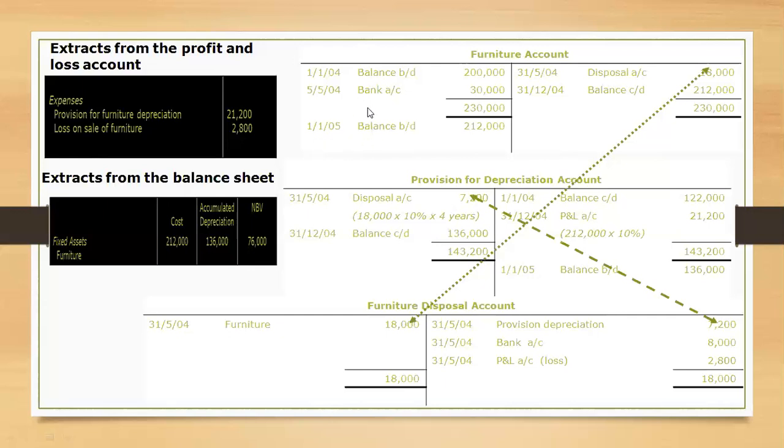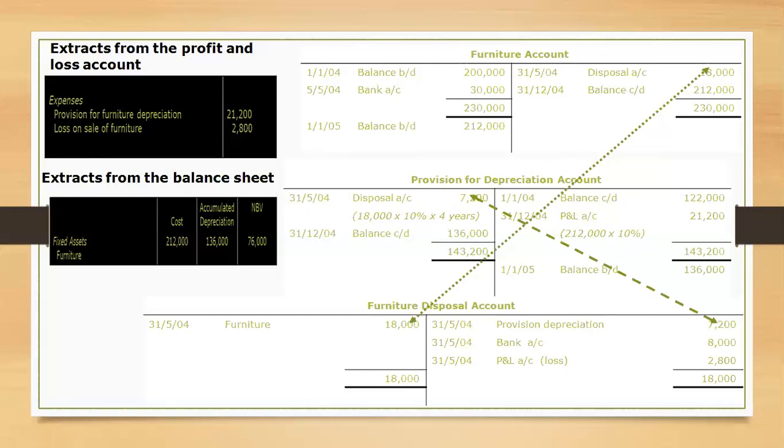You have to memorize 4 steps, pass the entries for every step, and enter in the accounts, and you will arrive at the answers automatically. And in the end, you are going to prepare the disposal account. And when you balance the disposal account, you will see that you have profit or loss on sale of asset. In case of loss, it will be part of the expenses. And on the contrary, if there is a profit, it will be part of gross profit. You will add in gross profit.